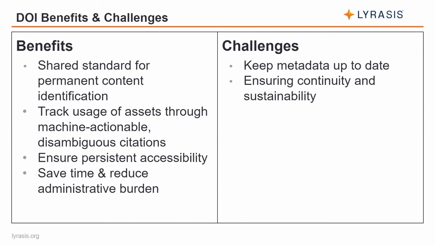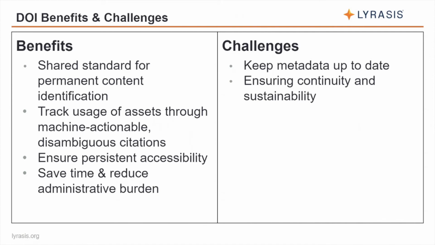and scholarly landscape. The biggest challenge when it comes to DOIs is really just making sure that the metadata related to the identified object, and especially the URL or the location of the object, is kept up to date over time, as well as the persistence of the object itself. So DOIs are supposed to be reliable forever, so ensuring that continuity and sustainability of DOIs and the metadata behind